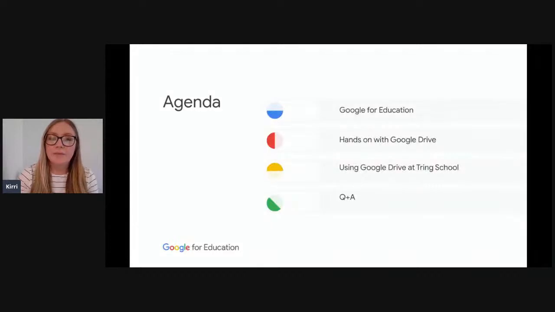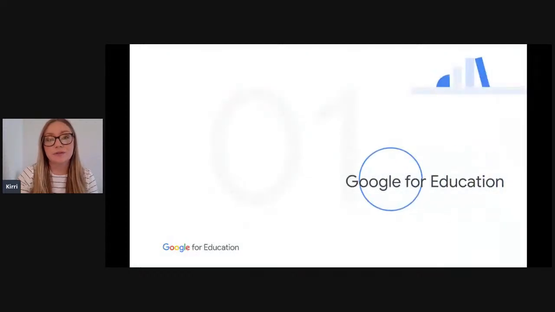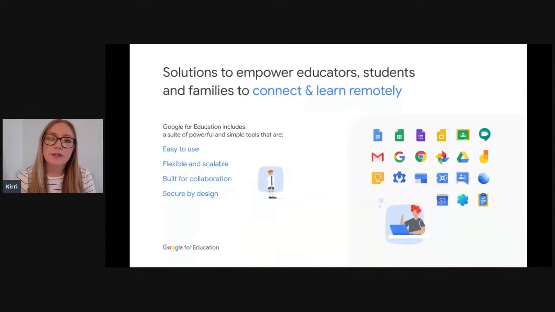So the agenda is pretty much how I just said with the speakers, but it's my job just to talk to you about what resources are available as a follow-up to the webinar today. So for those of you who aren't quite sure about what G Suite is or what tools are available or why people are using G Suite, we actually have a ton of tools that are available for you to use as part of G Suite for Education, and these are all free and they're all covered under certain terms and conditions, which makes them different to what you would use on, say, a Gmail account, for example.